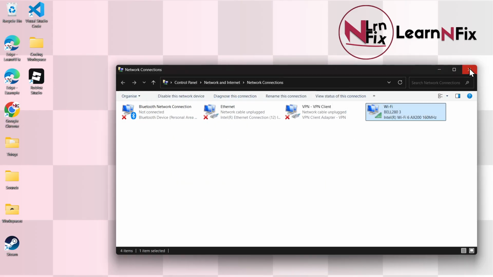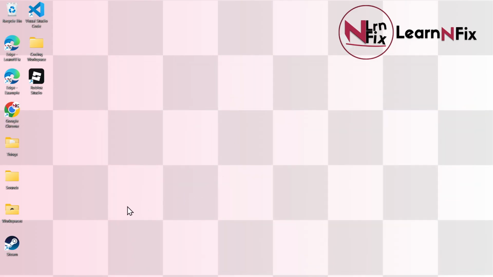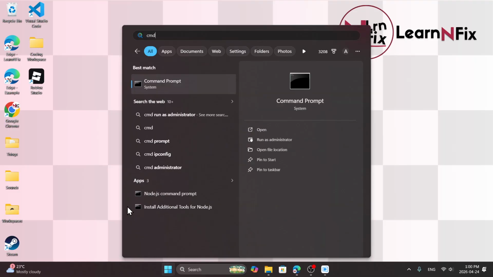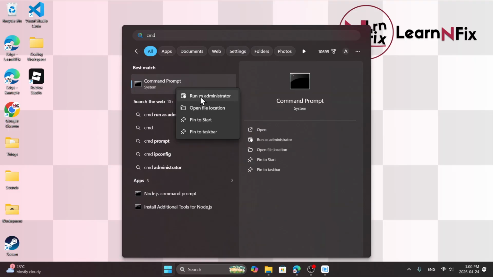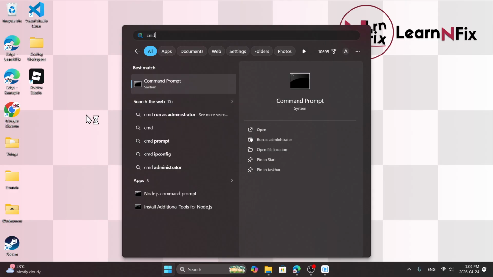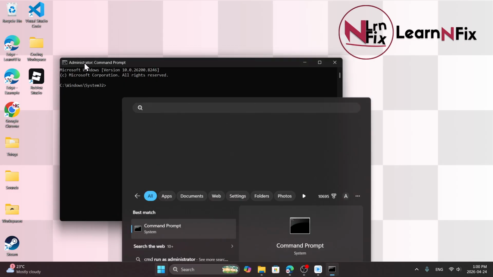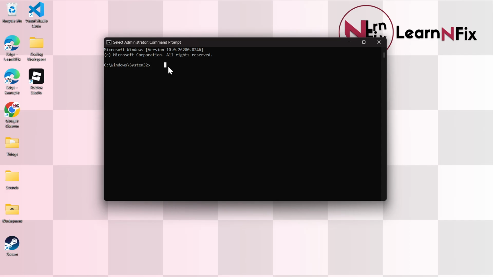Now I can close it, close this, and now I can open Command Prompt. Make sure you open it as administrator so no errors happen. And once you've opened it, type the following commands: